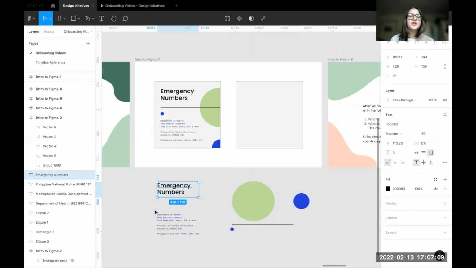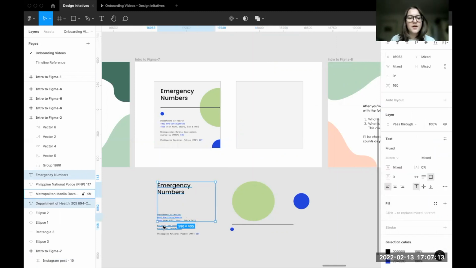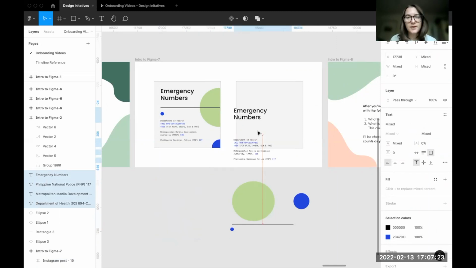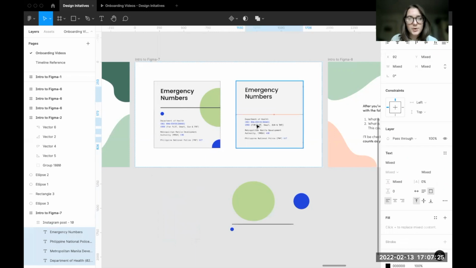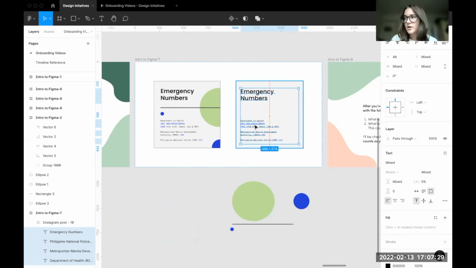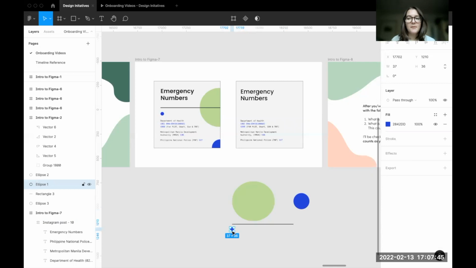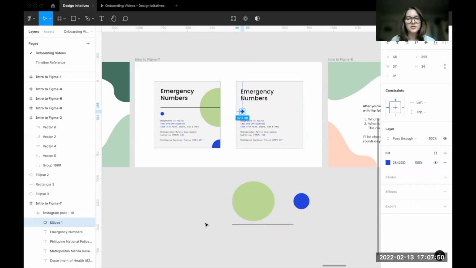So next, we want to add the text to the actual post itself. You can select multiple text boxes by either holding shift and clicking them, or by simply clicking and dragging to select all. We can drag these onto the post and maneuver it to match pretty nicely. So next we have these shapes that we need to edit to make them fit the theme of the post. I've changed the fill on these the same way I've shown you earlier.